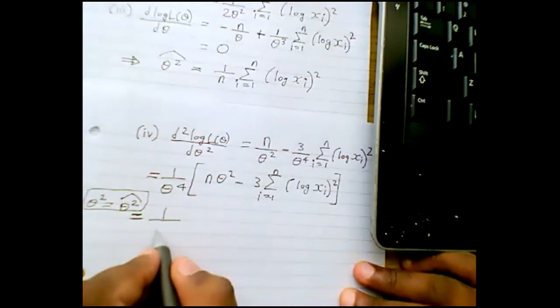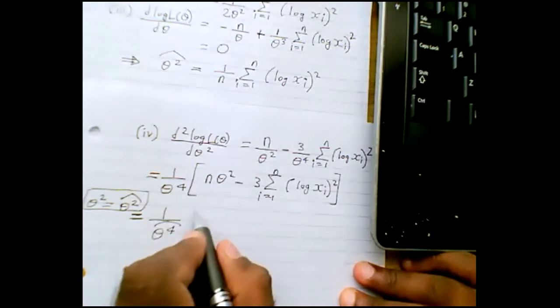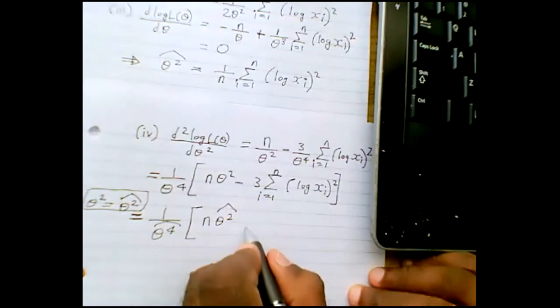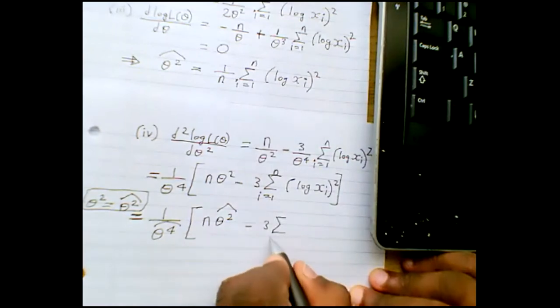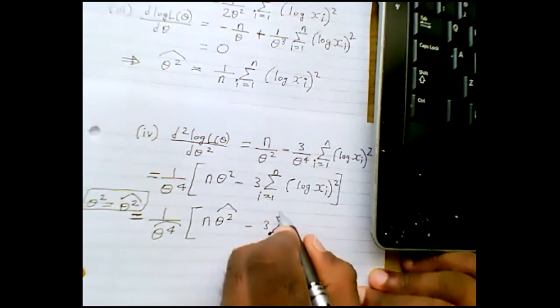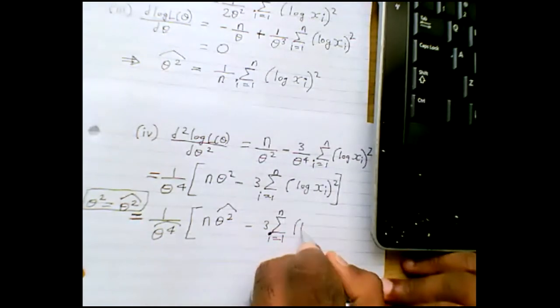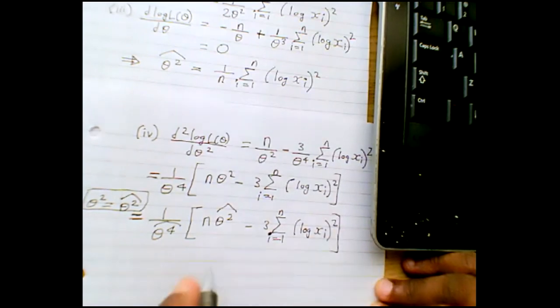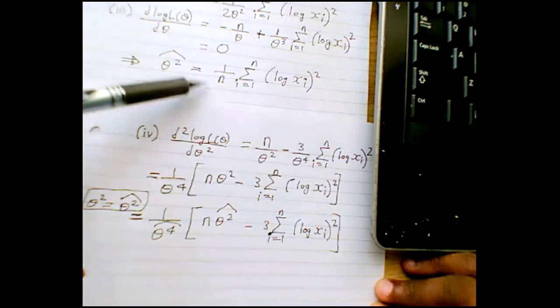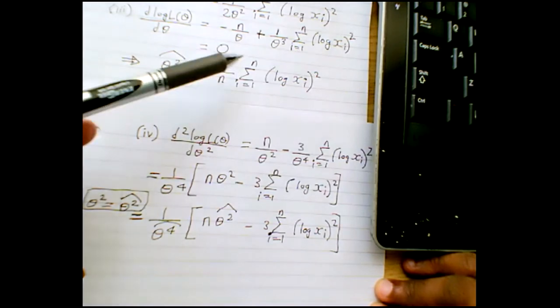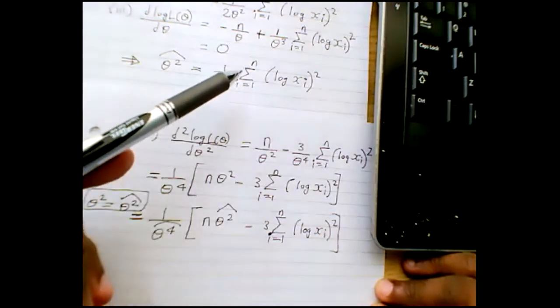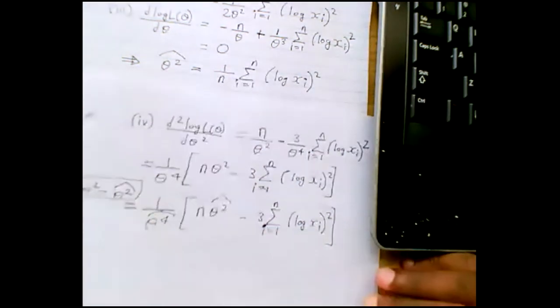So now we know from here that because theta squared is this, n times theta squared hat is this guy here, right? So we can replace n times theta hat squared by this guy here, right? All right, so